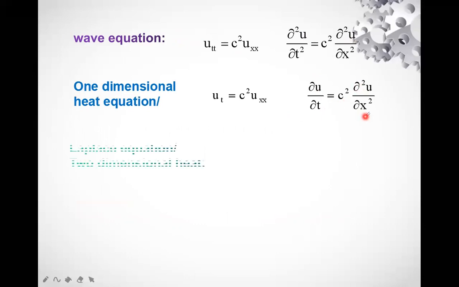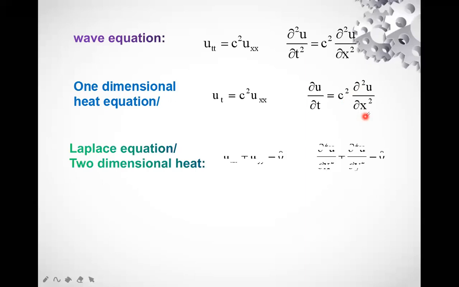And the two-dimensional heat equation or Laplace equation is uxx plus uyy equals 0, or dou square u by dou x square plus dou square u by dou y square equals 0, or you can write del square of u equals 0. If instead of 0 it is some function of x, you say it is a Poisson equation. So these are the three equations we solve in this chapter: the wave equation and how to solve problems based on it, and similarly the one-dimensional heat equation and the Laplace equation.